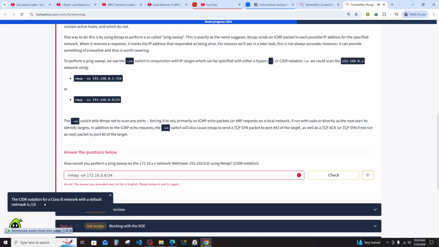CIDR notation for a class B network with a